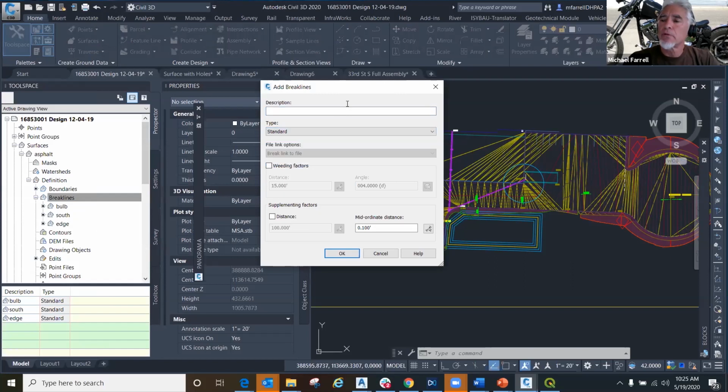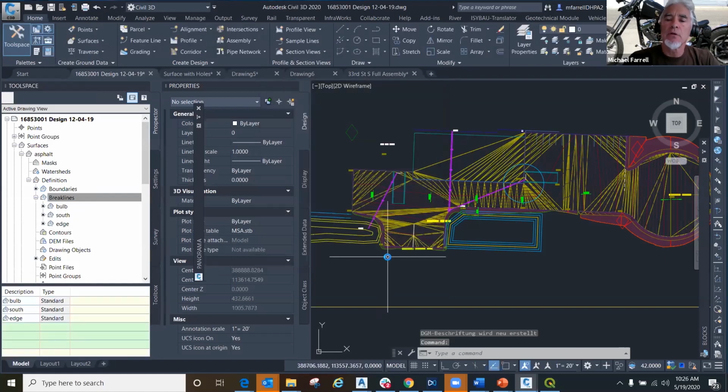In my world, I prefer that you only ever use standard and wall, okay? And the reason for that is the way that the proximity break line works, how it actually functions, is